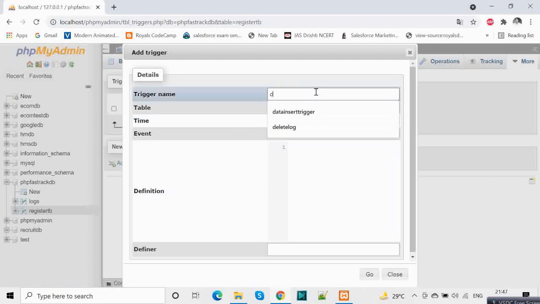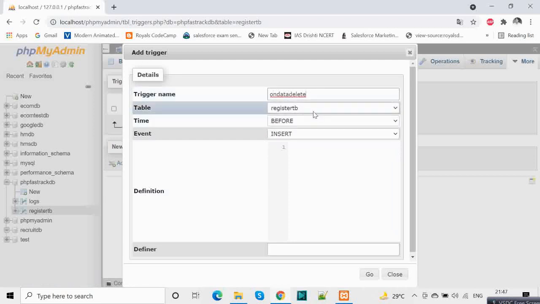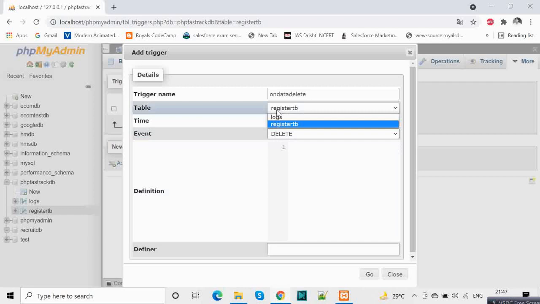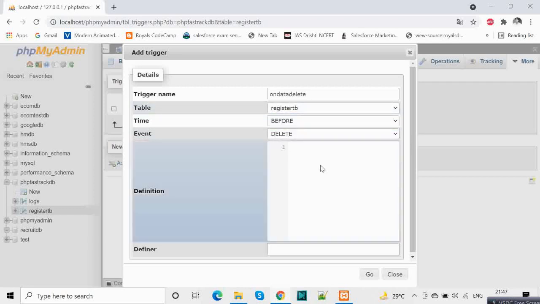So add a trigger on data delete. Before the delete happens, we want to do this operation on the registered TB.